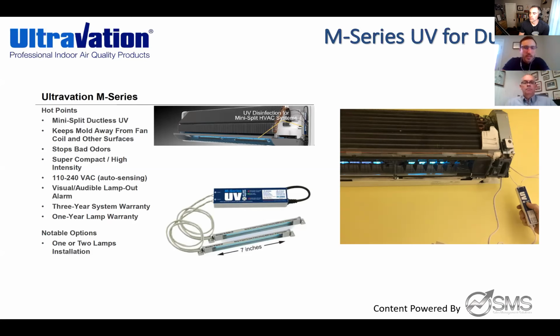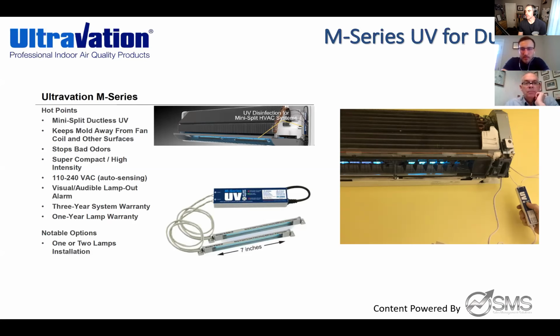It does have a visual and audible lamp out alarm, so it will let you know when the lamp is no longer efficient as well. And it does have a 110/240 VAC auto sensing ability too. It is super compact and high intensity, and it does stop bad odors as well. This is a super popular product, and it is easy to install and does a lot of good, especially on mini